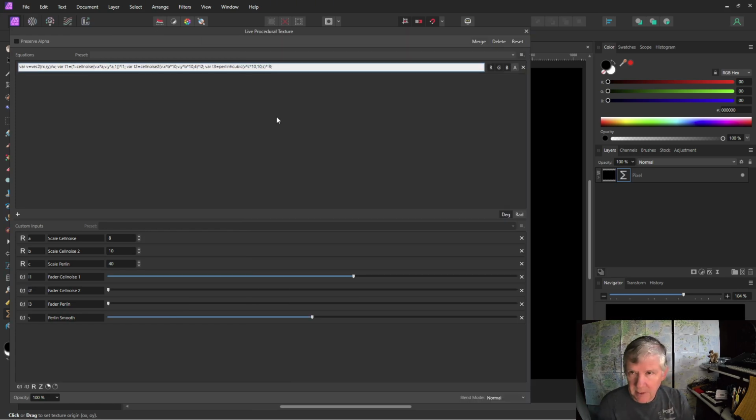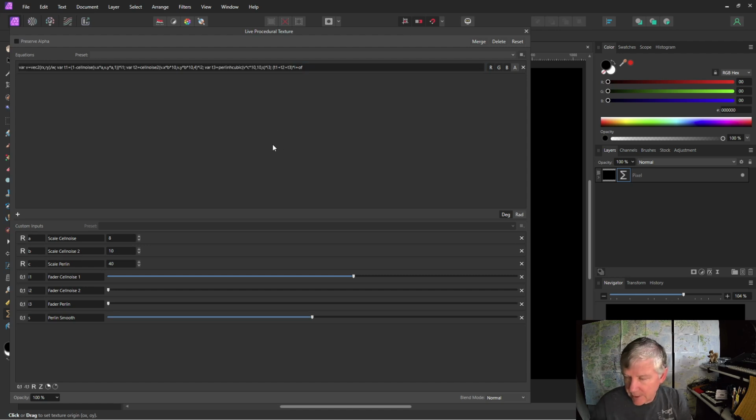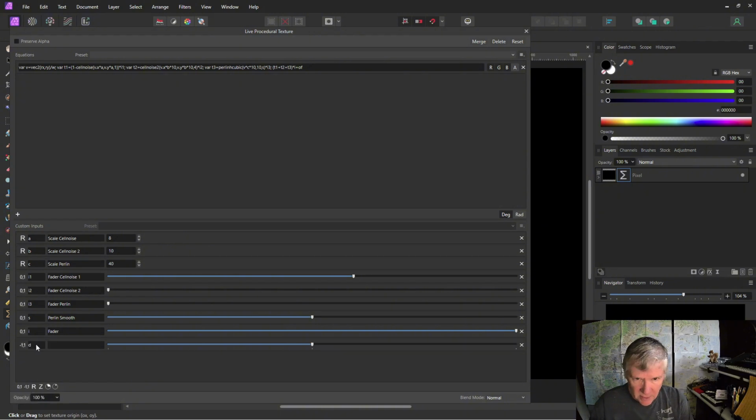Now that I've got my 3 texture variables set up, I can combine them. I'll put it in parentheses and just have T1 plus T2 plus T3. And I'm going to multiply this by an overall intensity factor or fader I and add an offset to it. So I'll be able to adjust this when I get my gradient map on here, so it looks just right. So I is my general fader for the whole thing, and then a -1 to 1 input for the offset